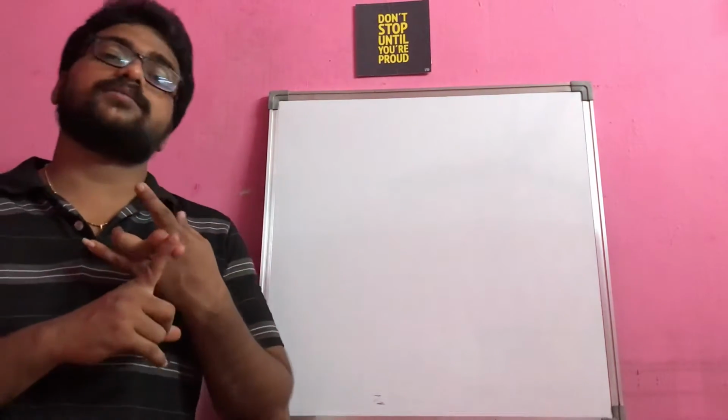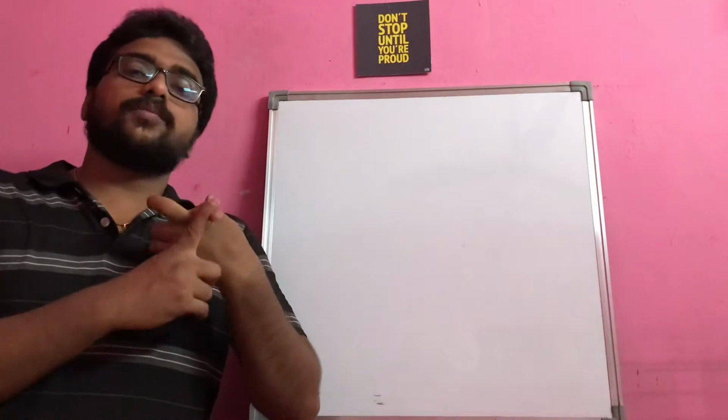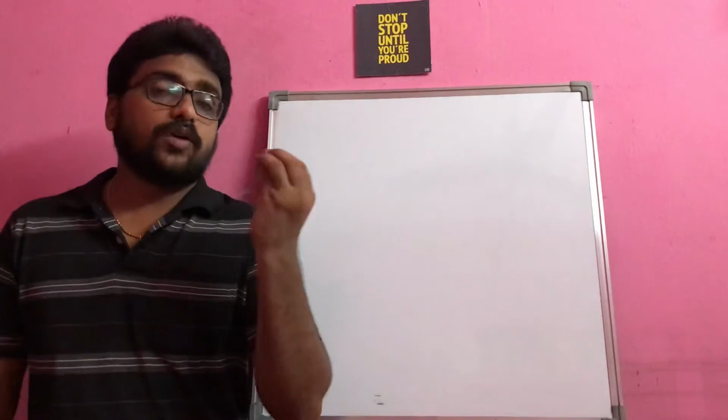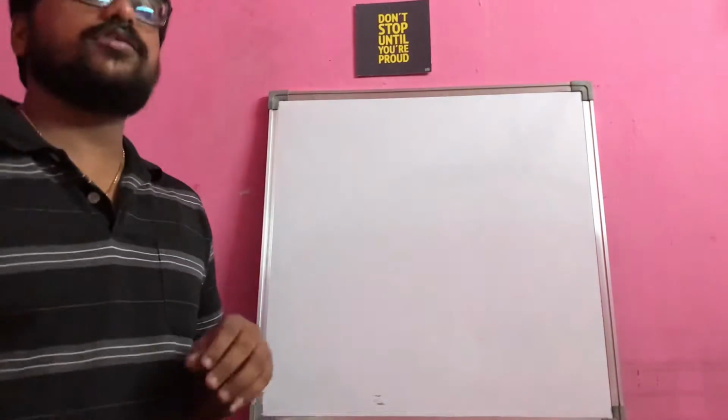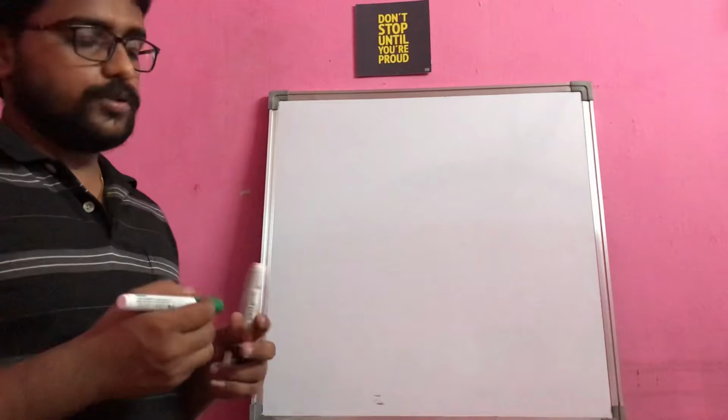Now along with those things we also discussed two types of maxima and minima. One is local maxima, local minima, and the other is absolute maxima, absolute minima. So what are absolute maxima and absolute minima? Let us discuss once again, and then we will go into some problems today.